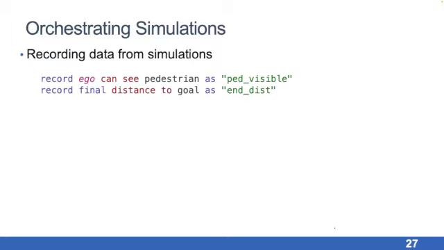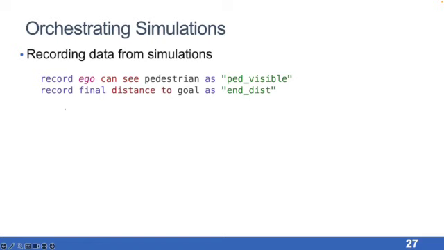Scenic also has a number of features for orchestrating running these simulations. So in the notebook that we saw, we had just hard-coded a time limit in there so that you could just see the same one running over and over again. But in practice, you want to do more interesting things than that. For example, recording data from these simulations, not just showing a video, but actually saving some data from them. Eddie will talk more about this later, but the basics are that there's a record statement in Scenic, which lets